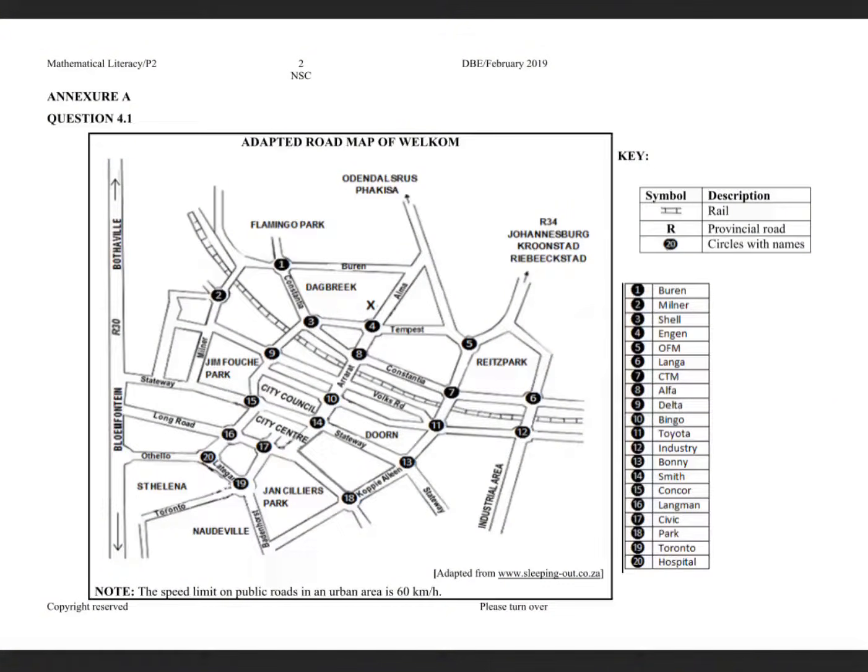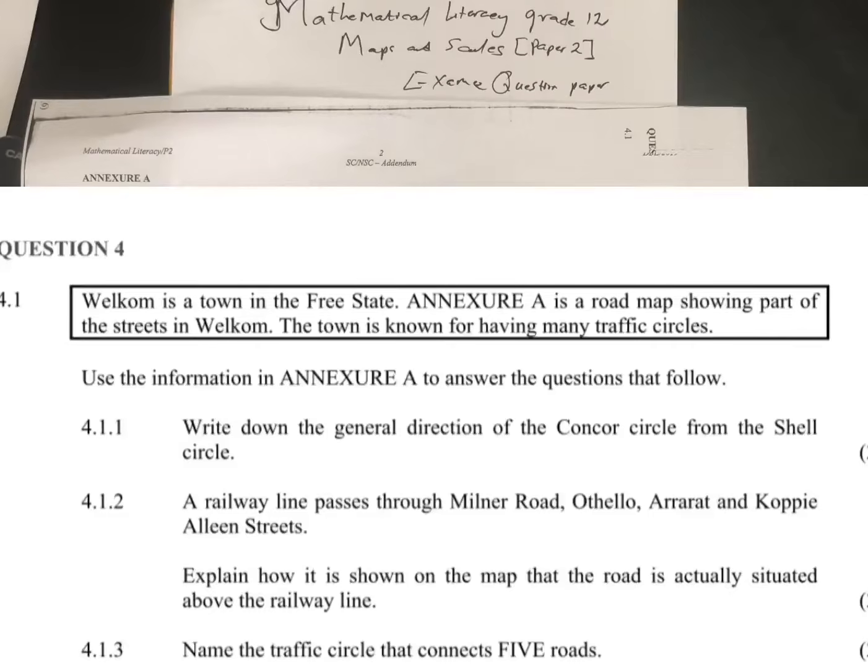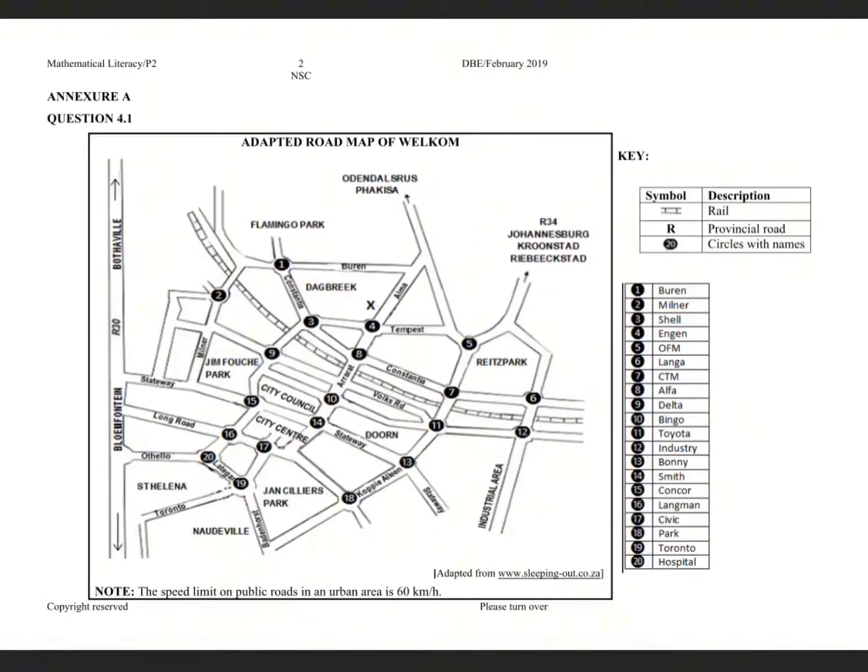This is question 4. It says that a town in the Free State, Annexure A, is a road map showing part of the streets in Welkom. The town is known for having many traffic circles. Okay, if you look at this map,